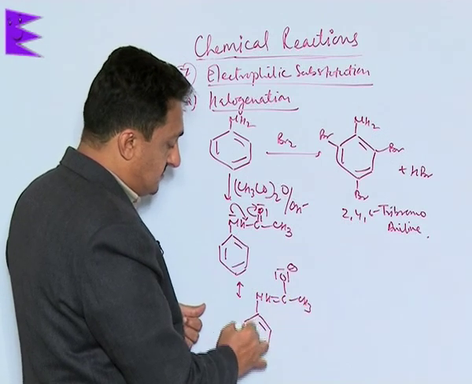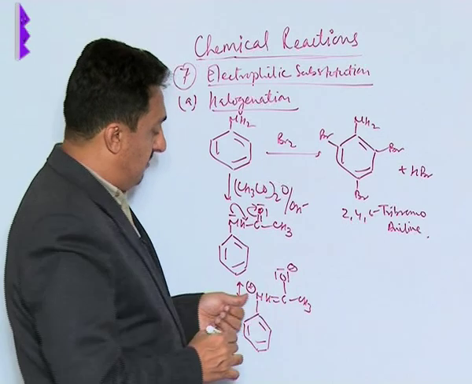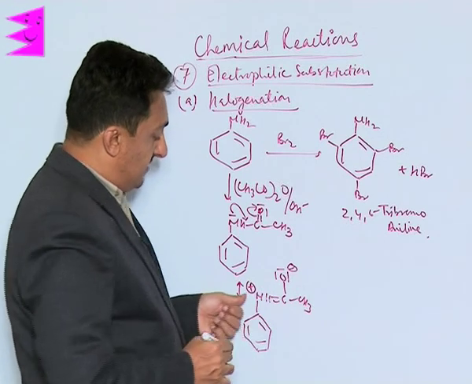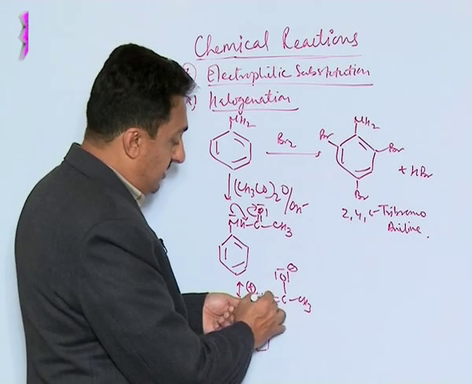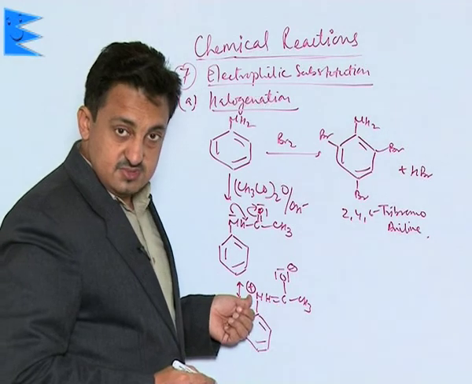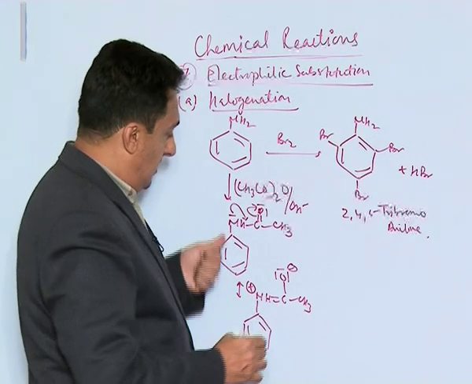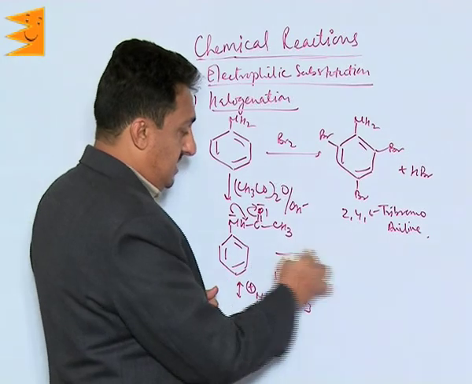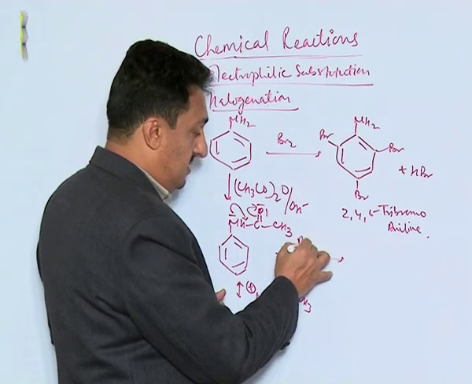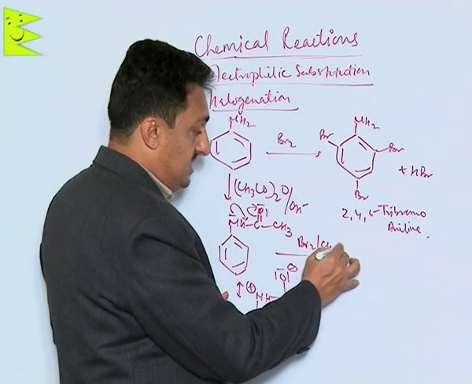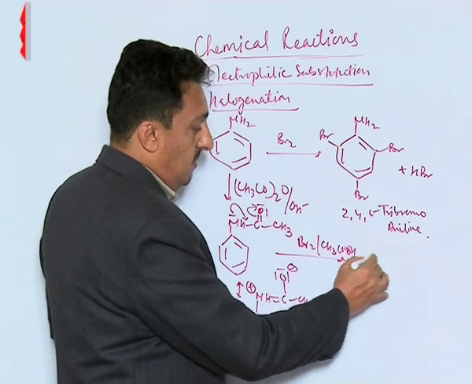Now the nitrogen has a positive charge and its electron donating tendency is reduced very much. That is why when this acetanilide is reacted with bromine, of course taken in acetic acid,